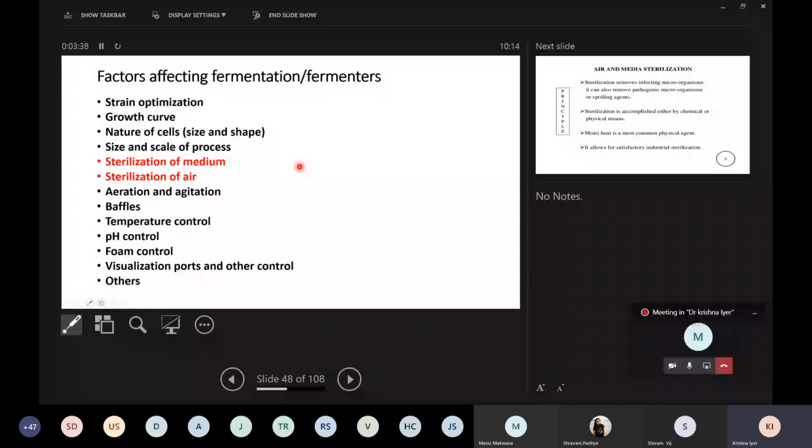In the same breath, we said sterilization of air is typically done using filters, or high efficiency particulate air filters, which have a pore size such that they will not allow bacteria to go through, what we call 0.22 micron pore size. So when air is passed through these filters and then used for aeration, for example, there is no contamination from air as far as the medium is concerned. So we are at this point, and now what we'll do is talk about the next aspect,